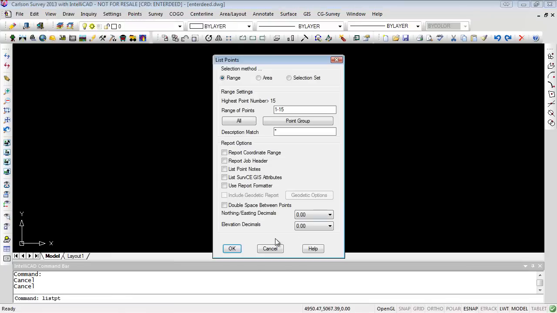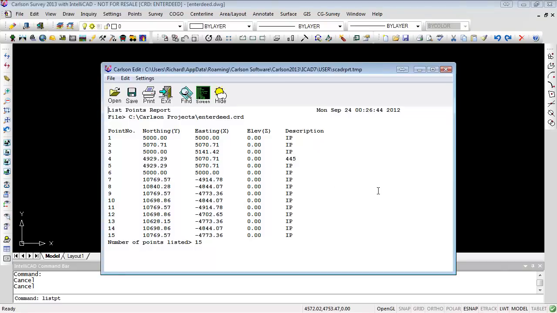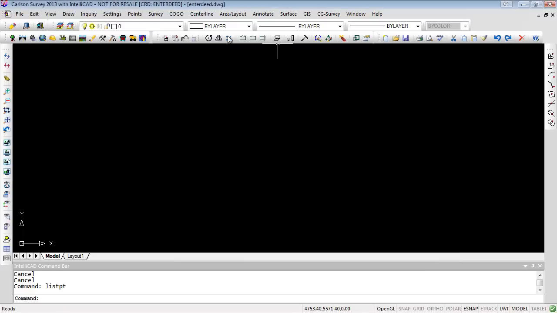Points, list points, all points. Must have been all. Let's do points. Draw, locate points. Draw. Okay, we got some points way down here where I drew something else or something. Anyhow,